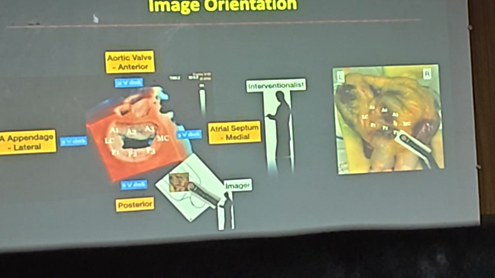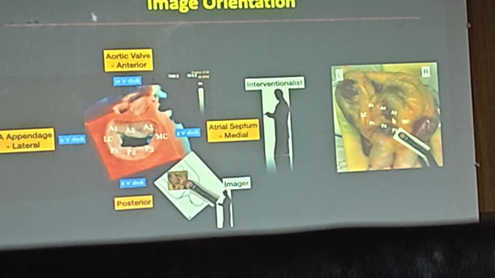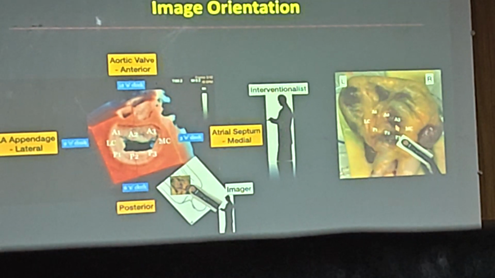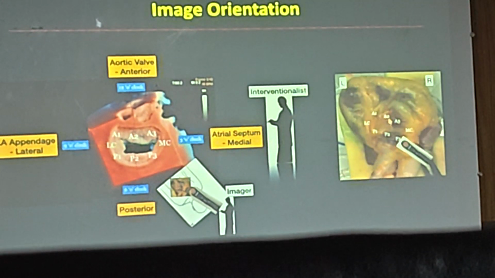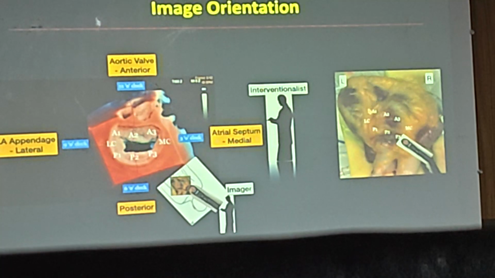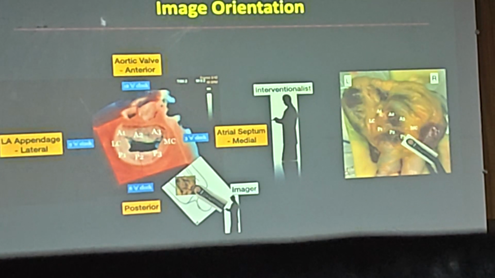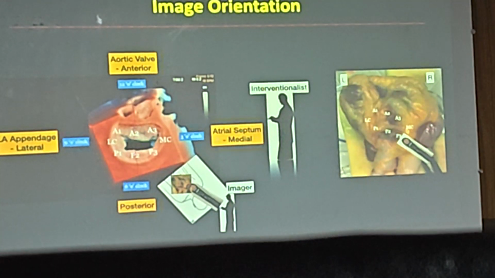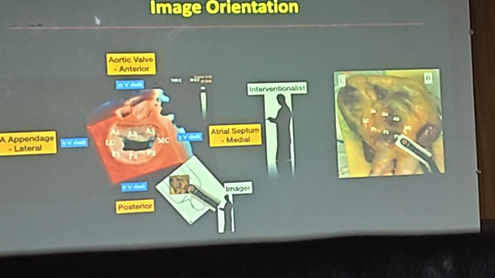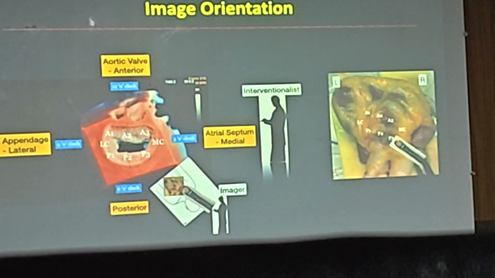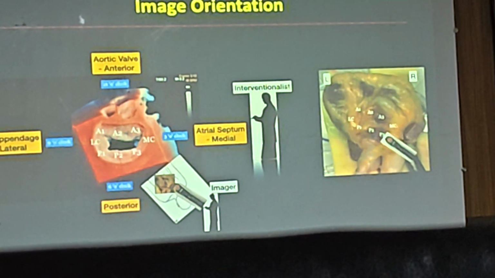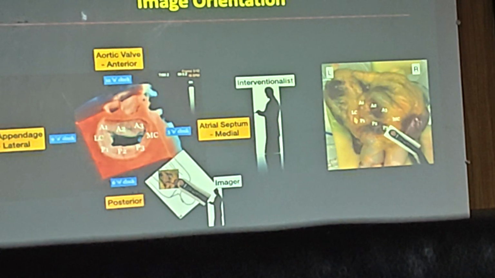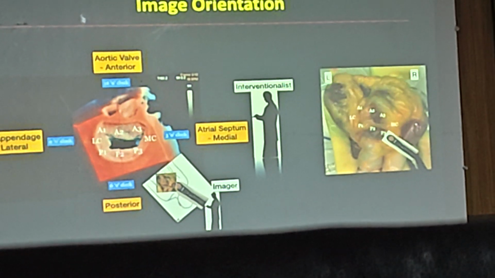So even when you're looking at the patient, when you're doing the intervention, you're standing on the right side, and then you're looking down. So this is how the scallops, the leaflet, are going. You have the A1, A2, A3 across the chest like this, and then you have the medial commissure. Remember, the medial commissure is medial and it is more posterior. So that's why it's called posteromedial commissure. And this is at a higher level. So this is anterior and this is lateral. So that's why it's called anterolateral commissure.